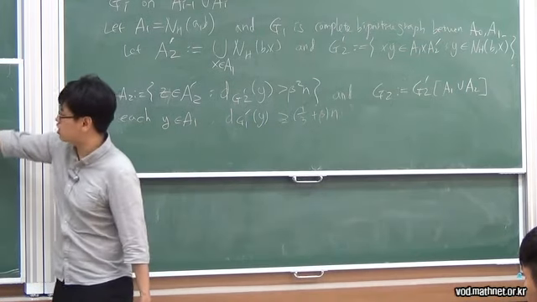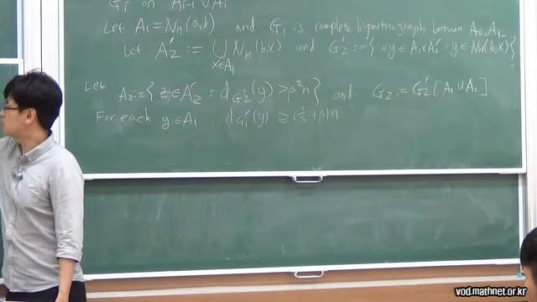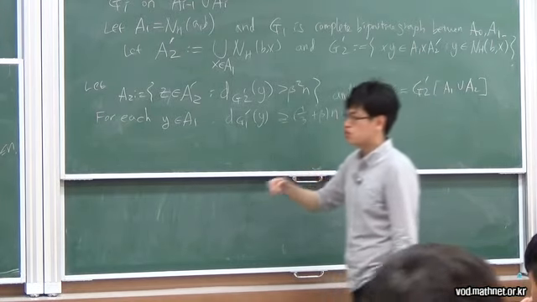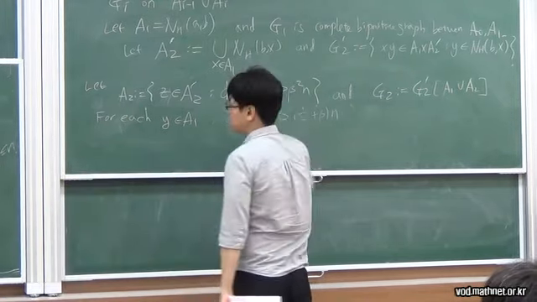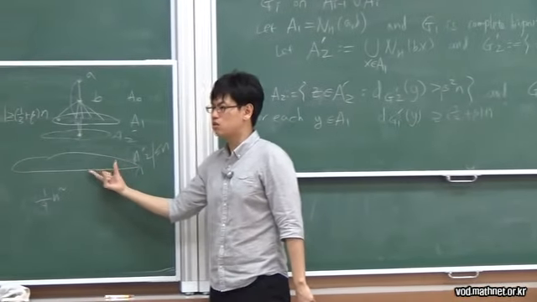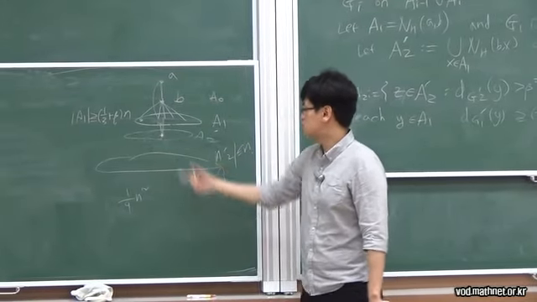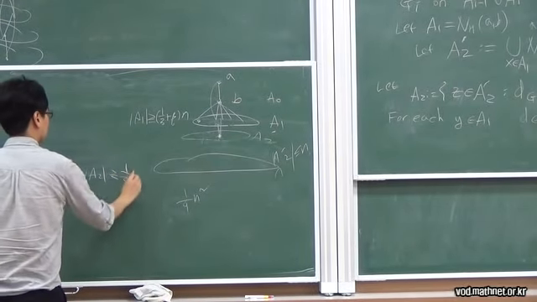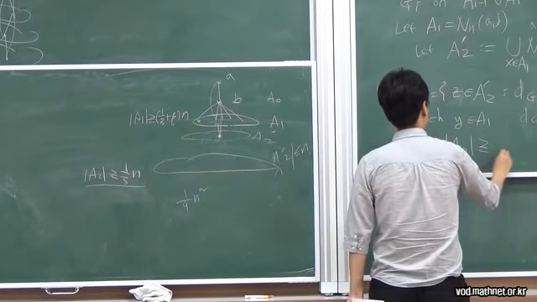So the number of edges between them is at least 1/9 n squared, because there are 1/3 n vertices sending each 1/3 n edges. Right? So if there are, say, n vertices, and all of them have degree smaller than beta square n edges, then the degree sum is too low. So actually we can show that this is at least as big as 1/3 n. So A2 has at least as big as